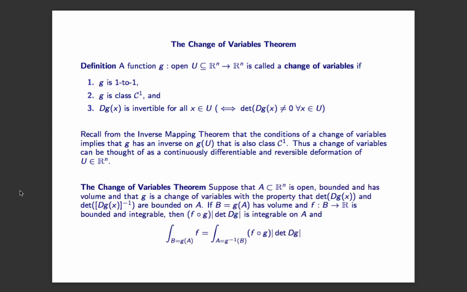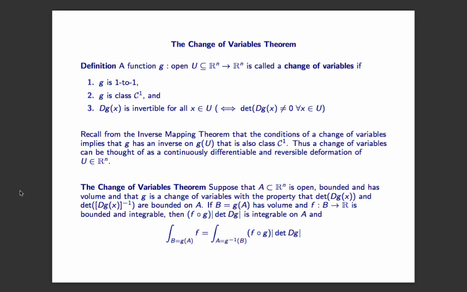So let's give the change of variables theorem. Suppose that A in R^n is open, bounded, and has volume, and that g is a change of variables with the property that the determinant of the derivative and the determinant of the inverse of the derivative at each x is bounded on A. Then if B, the deformation of A by my change of variables g, has volume,